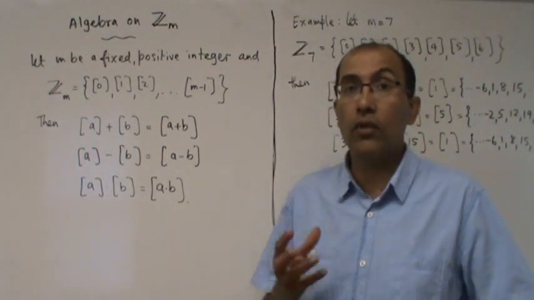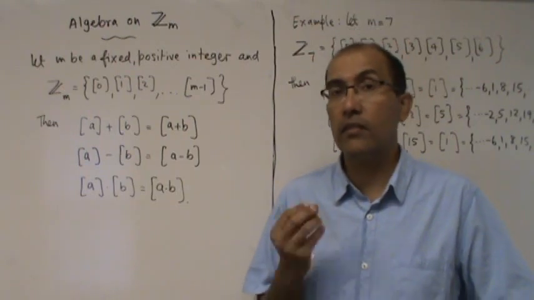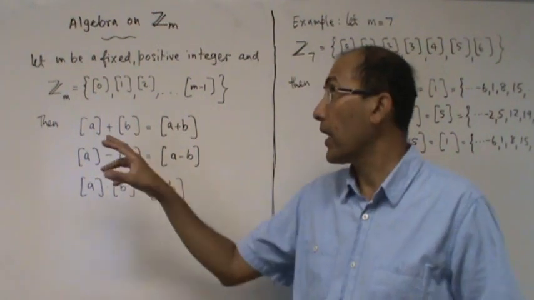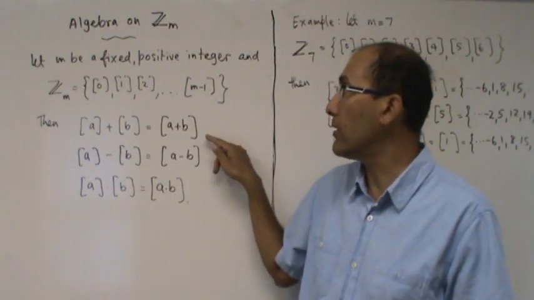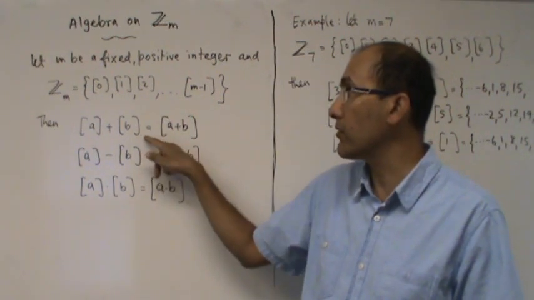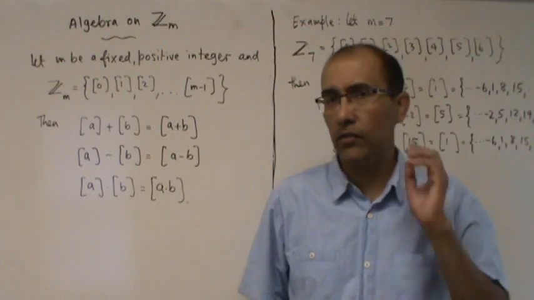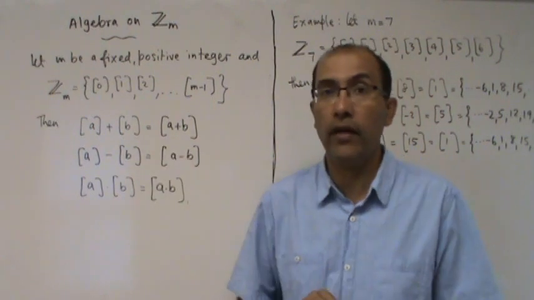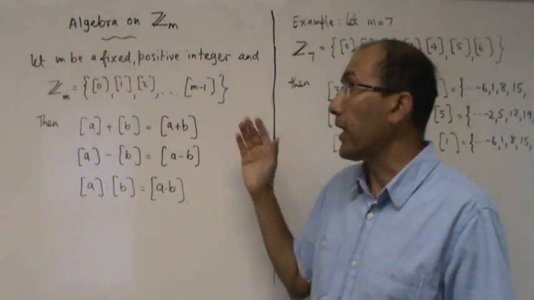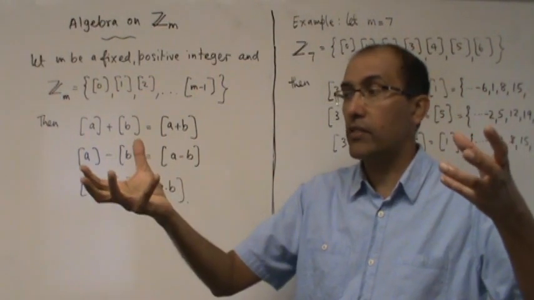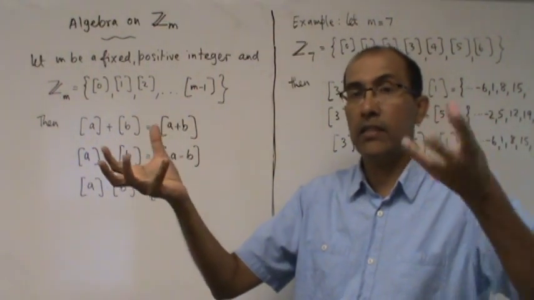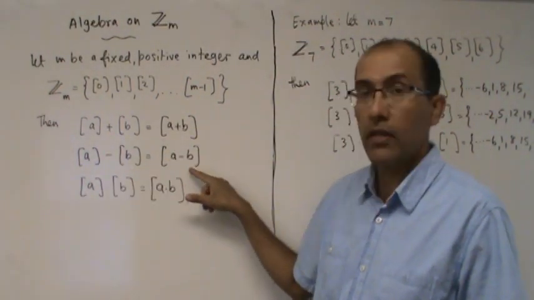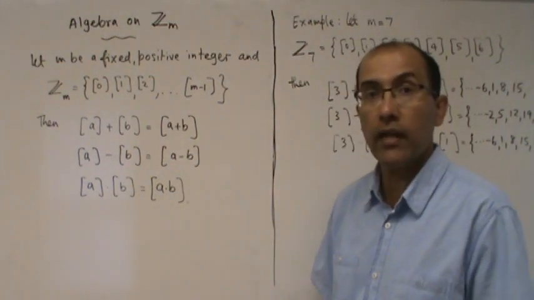So addition of congruence classes is very easy. It's the simplest thing. If you have two congruence classes, remember these are sets, but I can just add them, and the class of A plus the class of B is the class of A plus B. I stopped writing this M here for the congruence class, because now you're familiar with this. We are looking only at M here, so I'm not going to write that subscript. So I can add any two congruence classes. I have this set of all the elements, there is another set, I can add these two sets and get this set. So I can subtract two congruence classes just like that. I can multiply two congruence classes just like that.